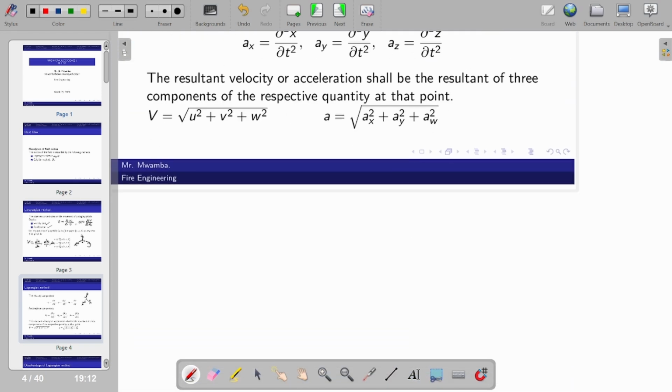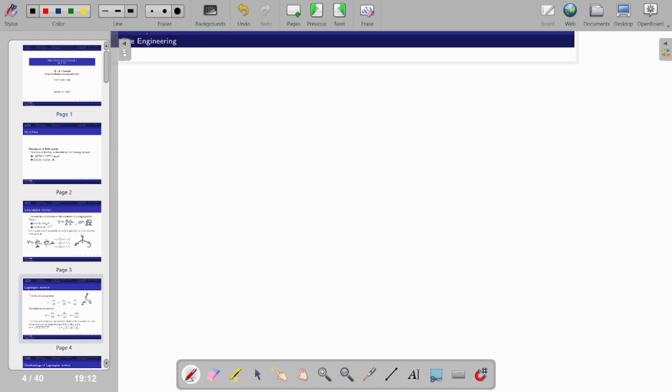Okay, I'm getting some feedback. Remember this particle. I'm getting feedback. I don't know if it's from me or